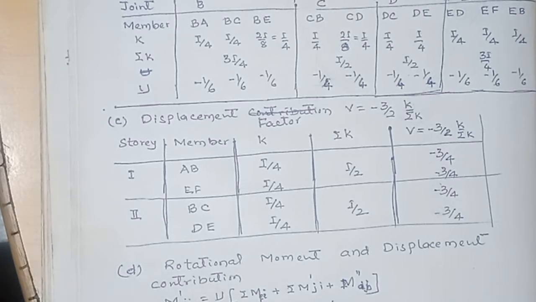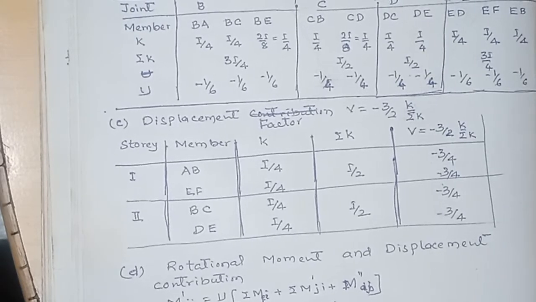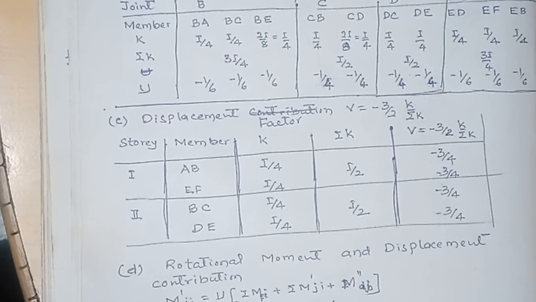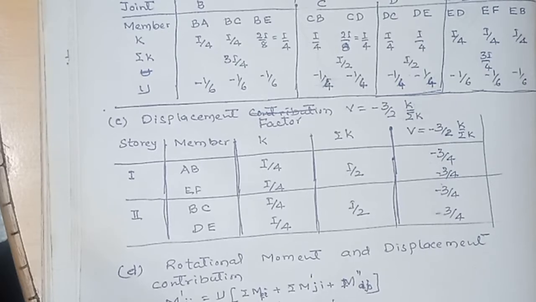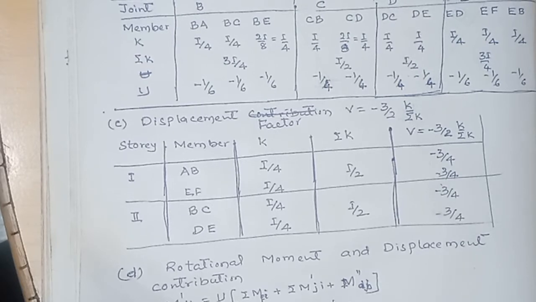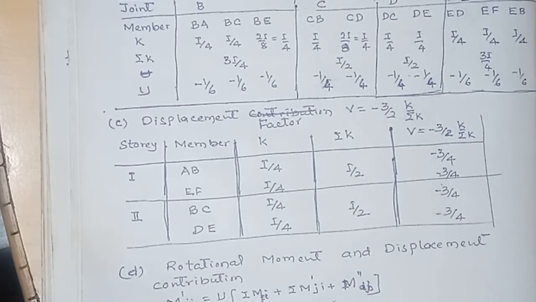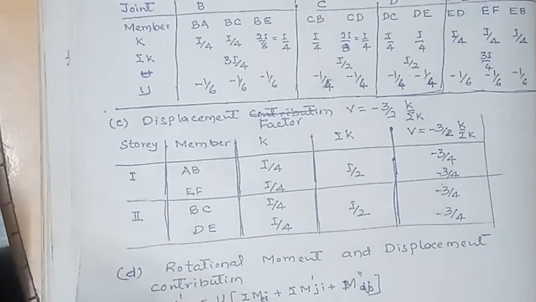Then the displacement contribution m double dash ab is given by the displacement factor phi, inside the bracket SR HR by 3 plus sum of m dash AB, that is the moment contribution from the bottom end, plus sum of m dash CD, that means the rotational contribution from the upper end. SR is the story shear under consideration. HR is the height of the story divided by 3.